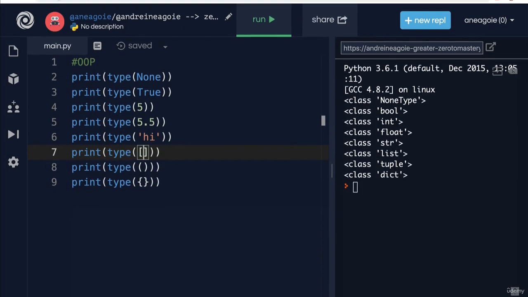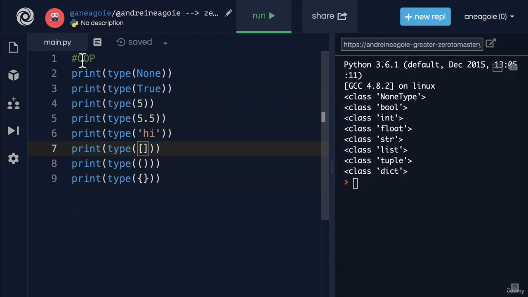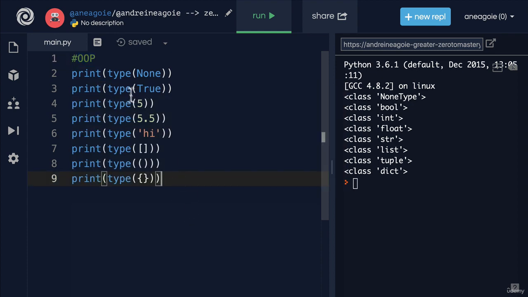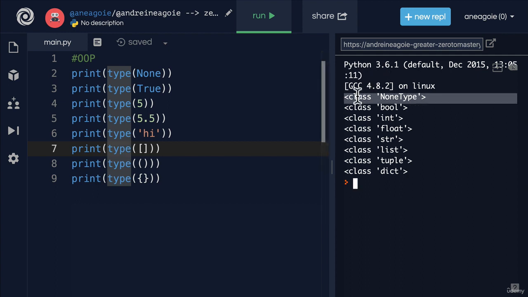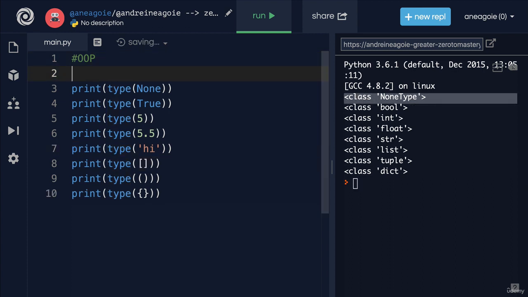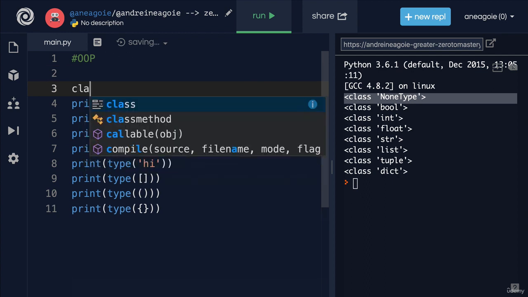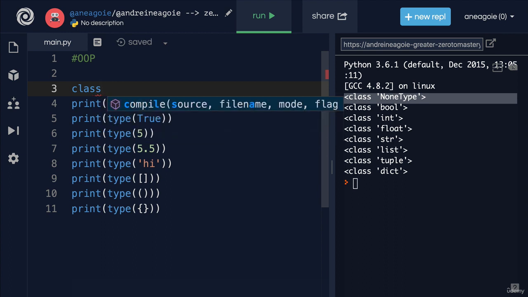Well, Python is an object-oriented language, or can be, which means that it's able to support OOP ideas, this idea of objects and modeling. And we've seen this when we use the type. We see that everything is an object because we see this class keyword. But what is this class keyword? In Python, I can create my own data type, my own class, by simply saying class. And then afterwards, I can name it whatever I want. Let's say class Big